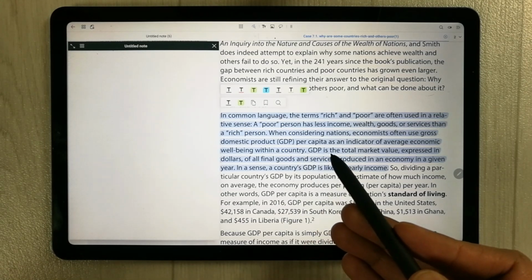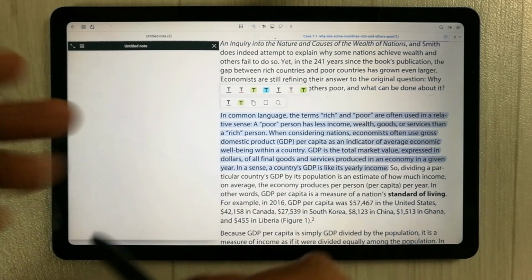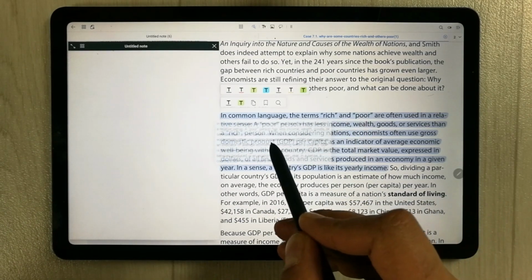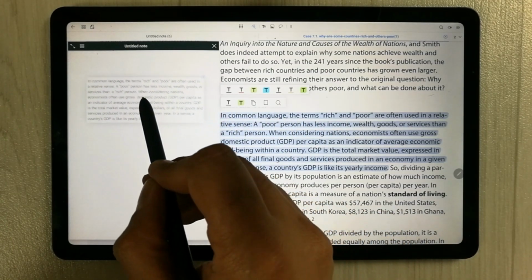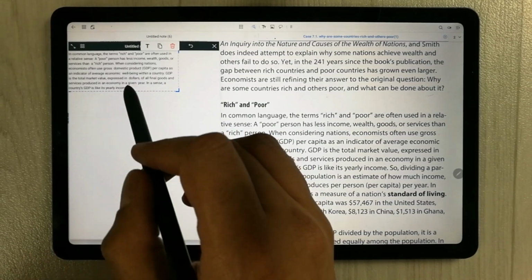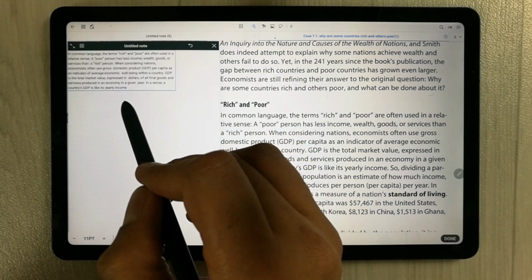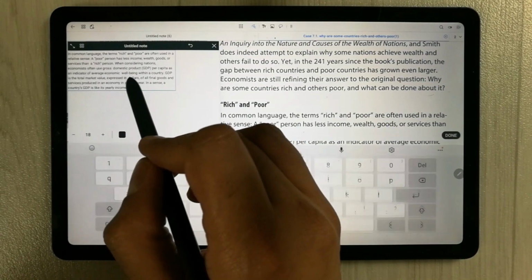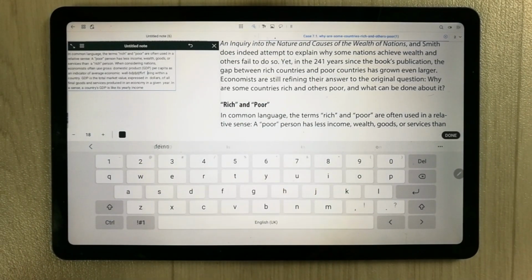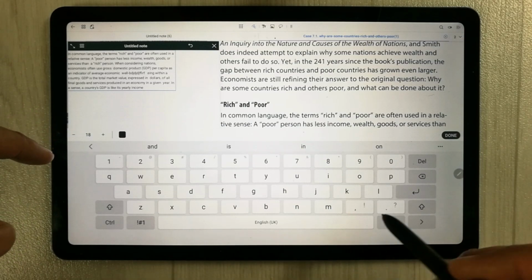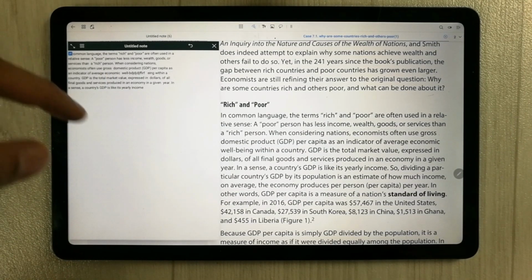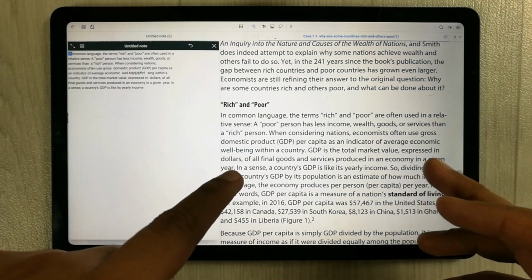Just drag your text from this PDF to this note file. Simply I use S Pen, okay, and I place it anywhere on the highlighted text and I simply put it over here. Okay, and now if you want to edit it, you can also edit it, guys. Okay, for example, if you want to write anything over here, you can also edit it. Okay, so your file is over here. Okay, so you can see your text that I extracted, it's over here now.